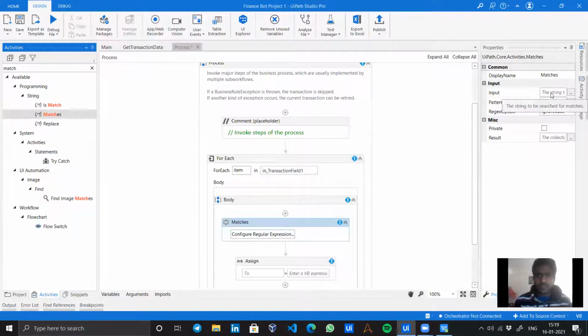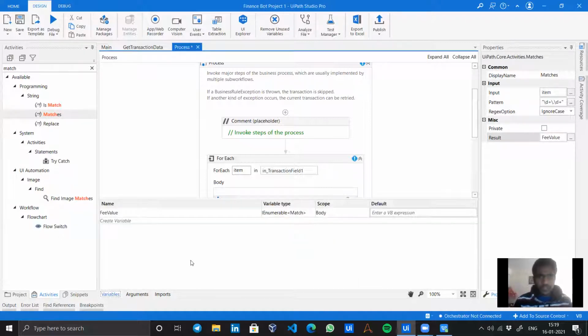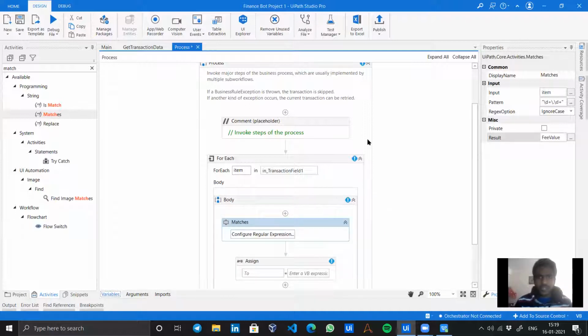And the input string will be our item, and the result value is fee value. This is a variable. Currently this is an enumerable match. From this we will find the value that we need. Okay, so for that let me just